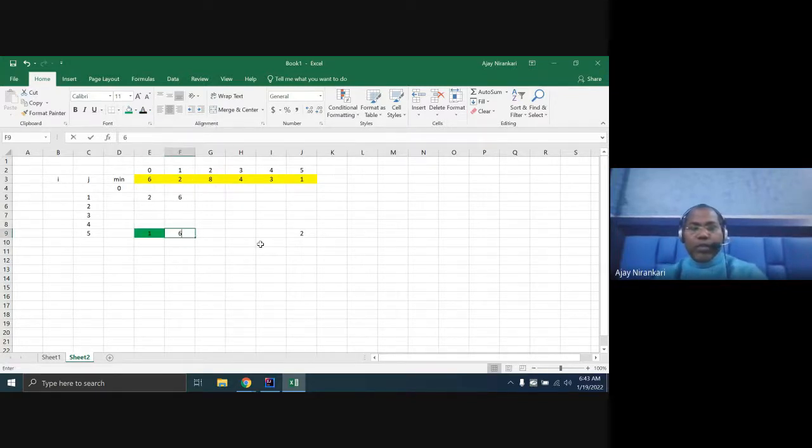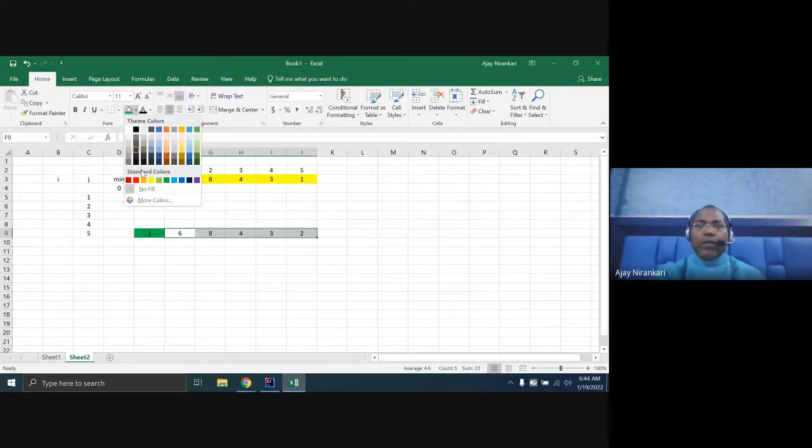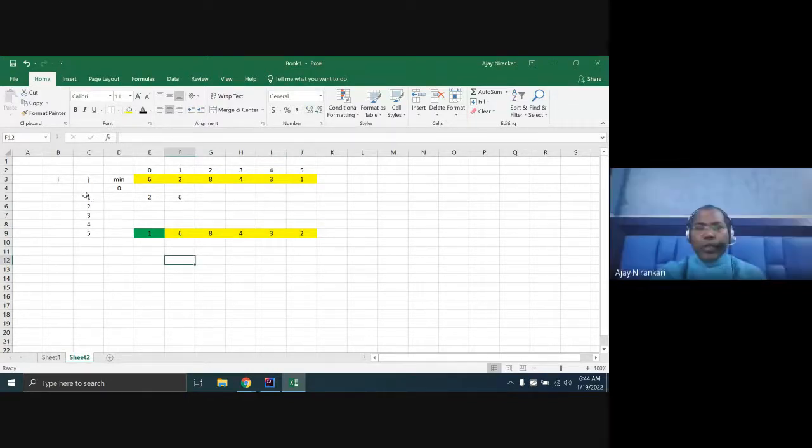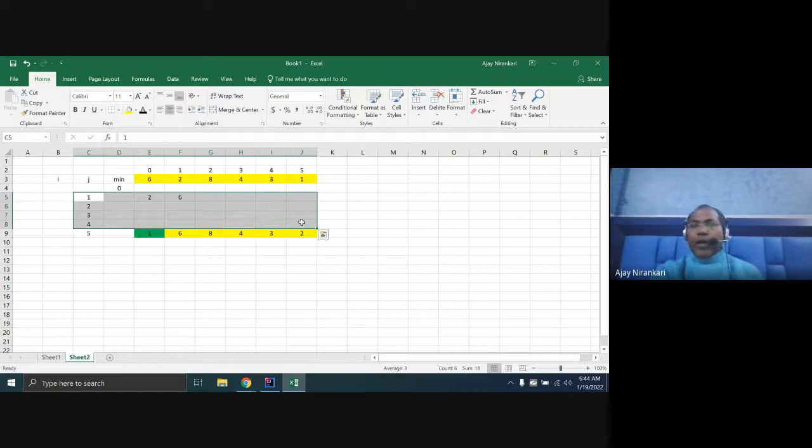Here the 6, here 8, here 4, here 3, here 2. So now your elements become like this. Whenever you run the loop one time, you find the minimum in the first place.